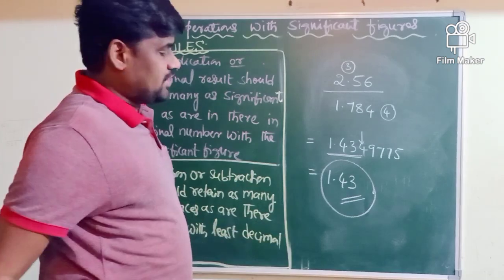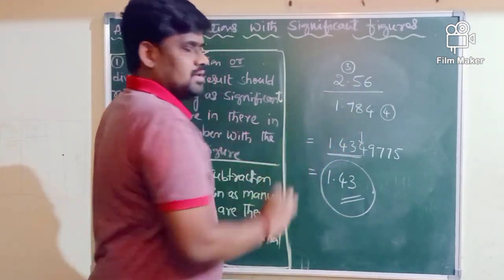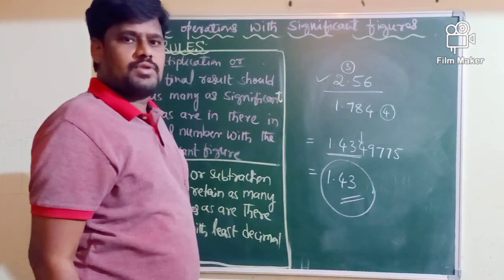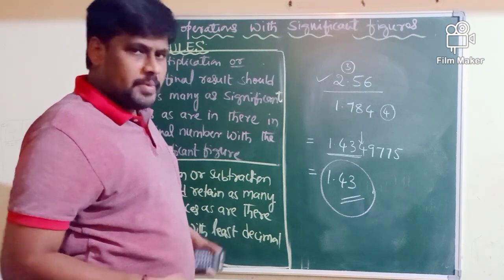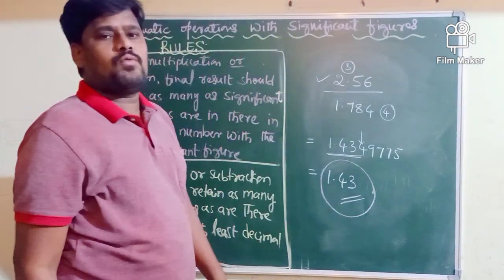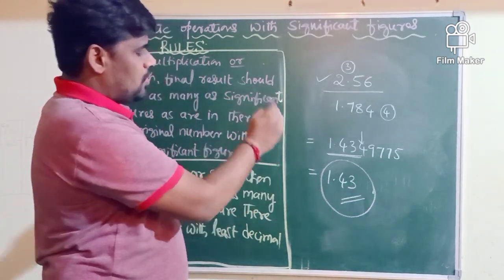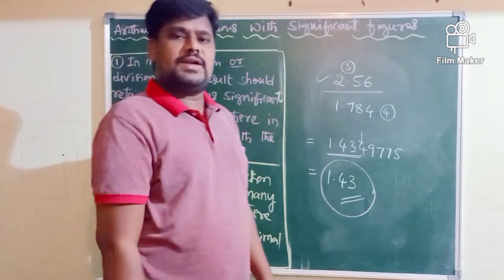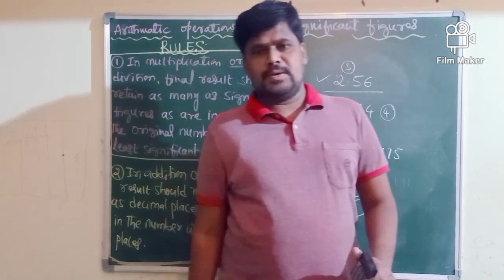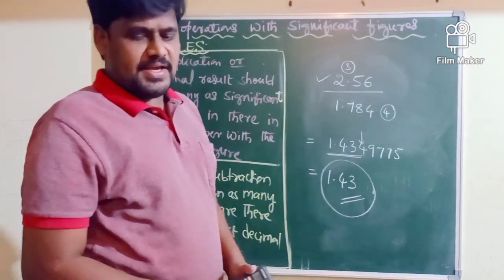3 significant figures. What is the reason? Because we are dividing these two numbers. Out of these two numbers, this is the number which is going to have the least significant figures. How many significant figures does it have? 3. Therefore, the answer should also have 3 significant figures. This is the rule we are going to use for multiplication as well as division. Multiplication as well as division, we are going to follow the same rule.